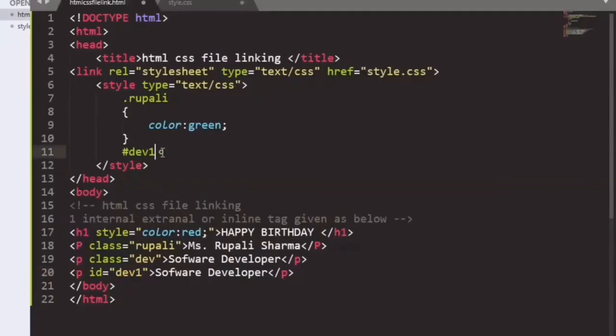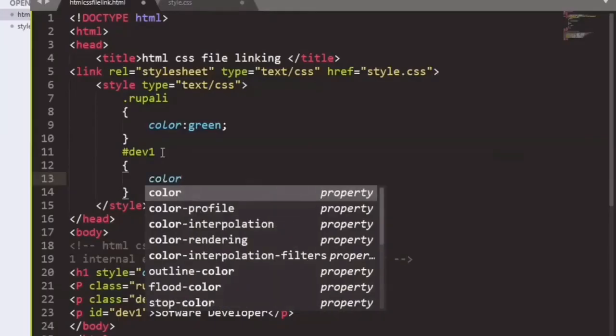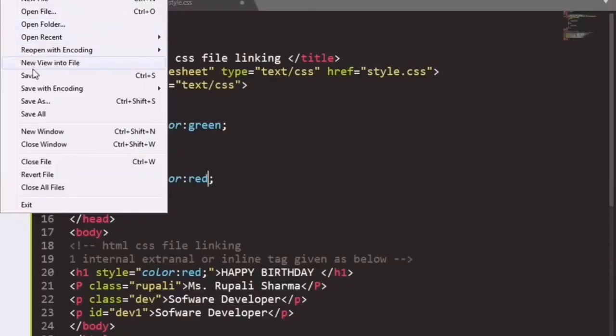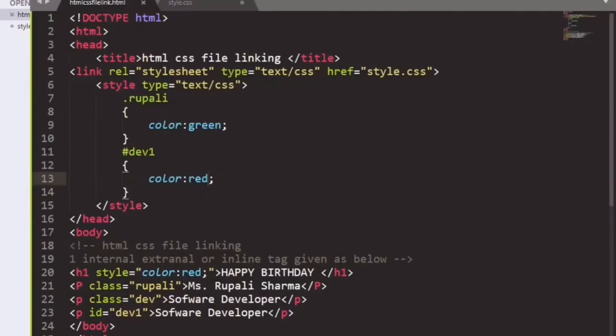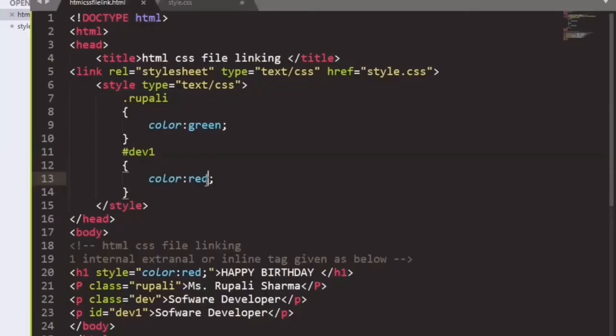That is, suppose we have passed the id of class also, so accordingly we will pass the id of dev, that is dev1. Value is color red. Save the file and we will check the browser. And now the software developer is in red color, that is called by id, that is dev1.